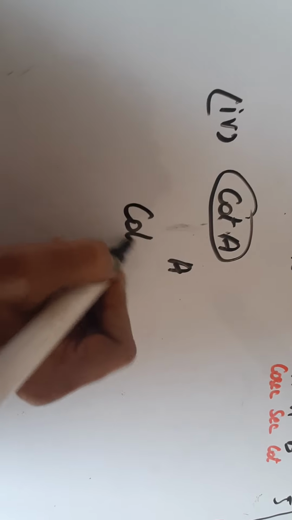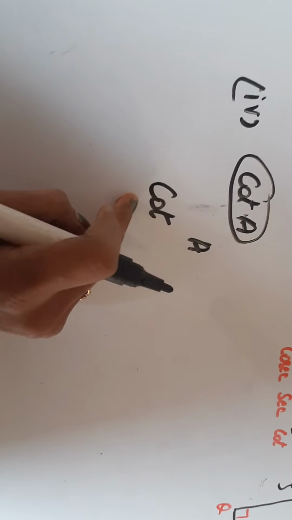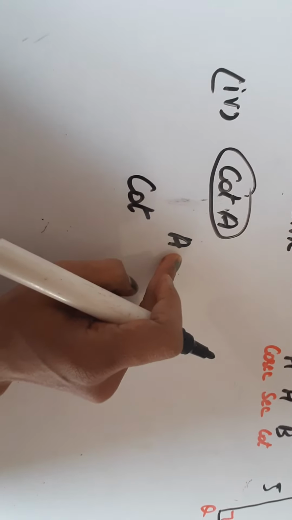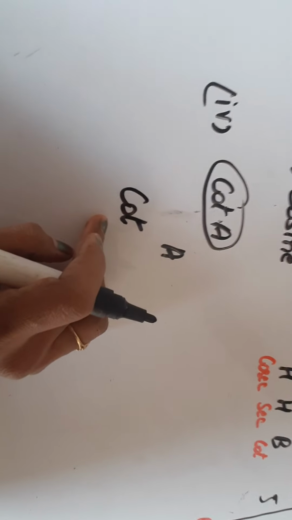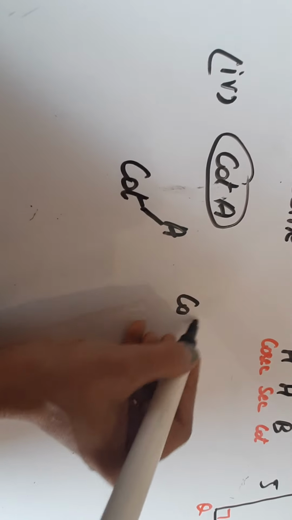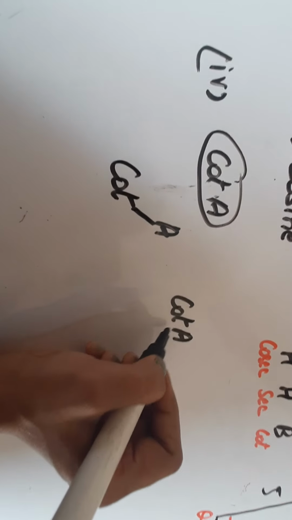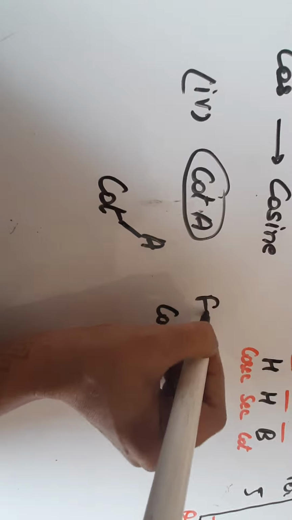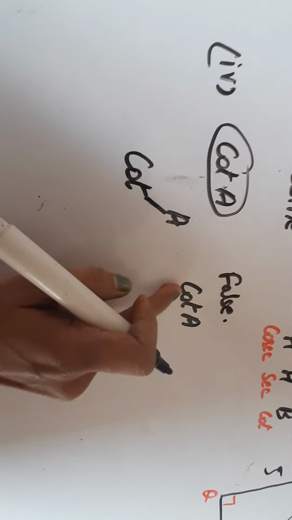If I'll write only the trigonometric ratio, then it has no value if it is not having any angle. So it has value when these both the terms are written together. So it is not the product. So answer to this part is also false. ये दो अलग टर्म्स नहीं होती, ये सिंगल पूरे का ही एक नाम होता है cot A.